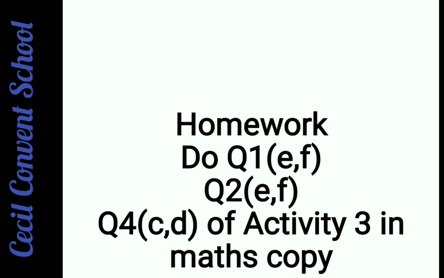So students, today you understood what factors are, and there are 2 methods of finding factors. One is the multiplication method, one is the division method. We have done both methods. In multiplication you have to see in which table the number comes, and in the division method you have to divide the given number by different numbers. Clear? And then you have to write down the factors in ascending order. Then you have understood how to find the common factors.